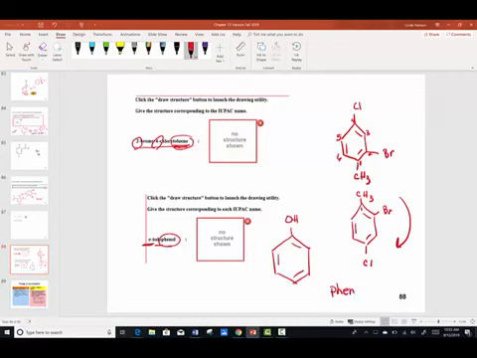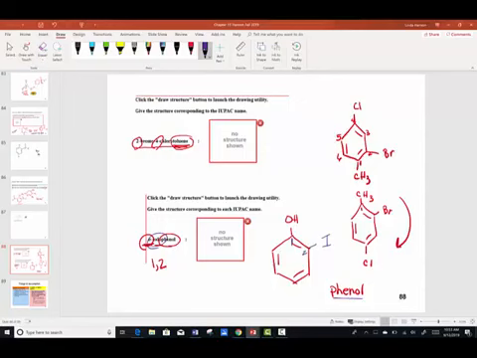This is the root word, phenol. Ortho tells me it's position 1 and 2. I know that carbon 1 is on the alcohol because it's the root word phenol. So in position 2 would be the iodine, iodo. 1, 2 iodophenol,